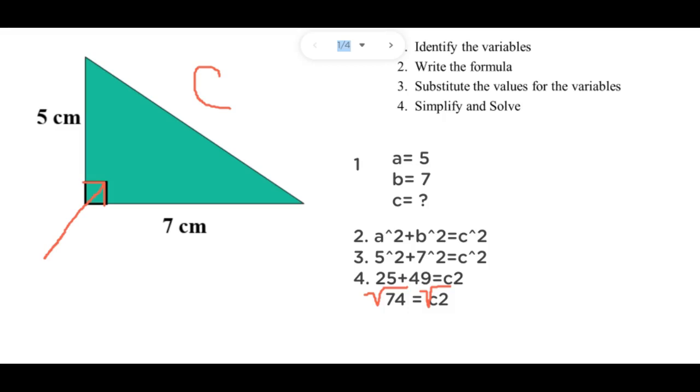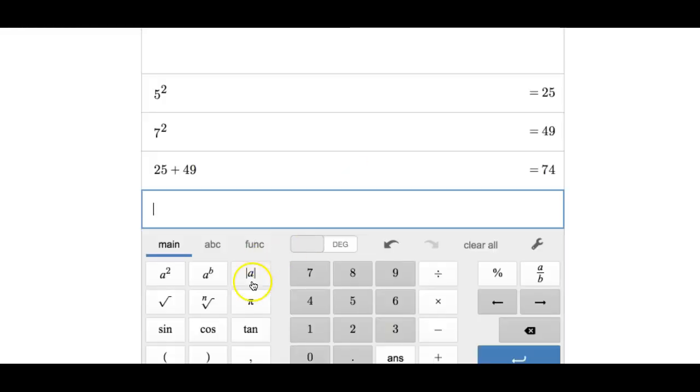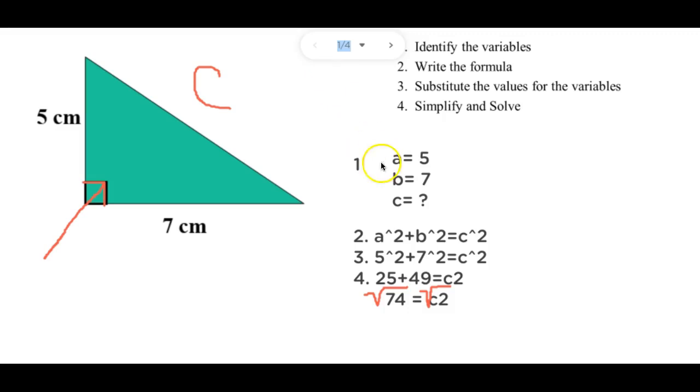So now we're looking at the square root of 74, and yeah, we definitely need the calculator for this one. The square root of 74, and it tells us that the answer is 8.602. I want you all to round to the nearest hundredth place. Therefore, the answer to this question, C,